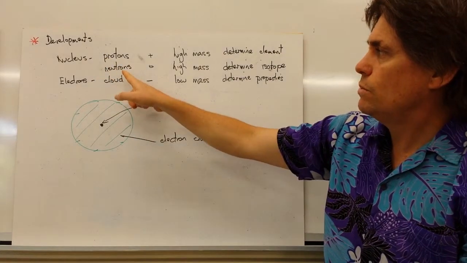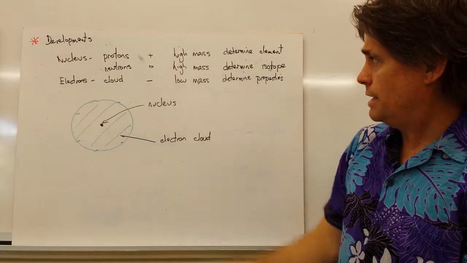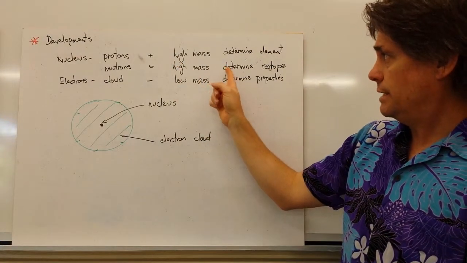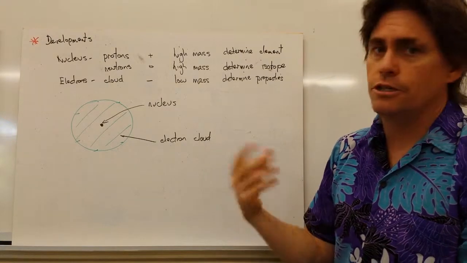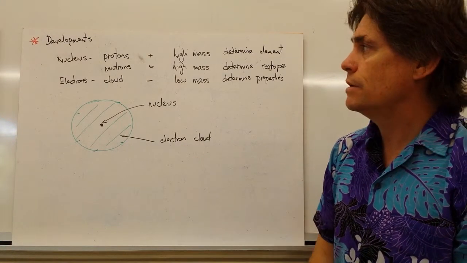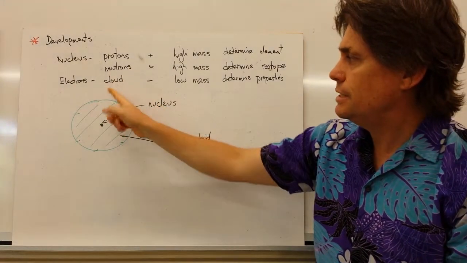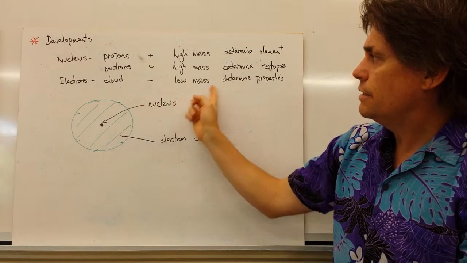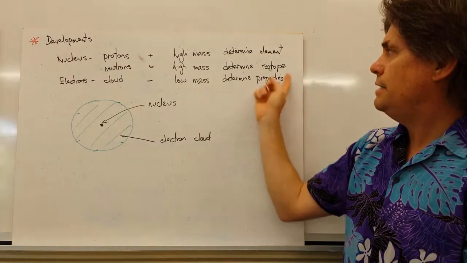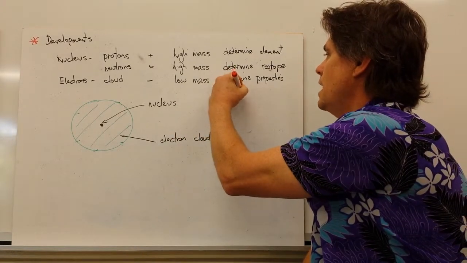Within the nucleus, we also have neutrons. They are neutrally charged. They have a high mass, and as we'll look at later, they determine what our isotopes are. So isotopes are the same element, but with different mass. And finally, we have electrons, which exist in a cloud around the nucleus. They have a negative charge. They're a very low mass, but they determine the properties, and they also determine the size of the